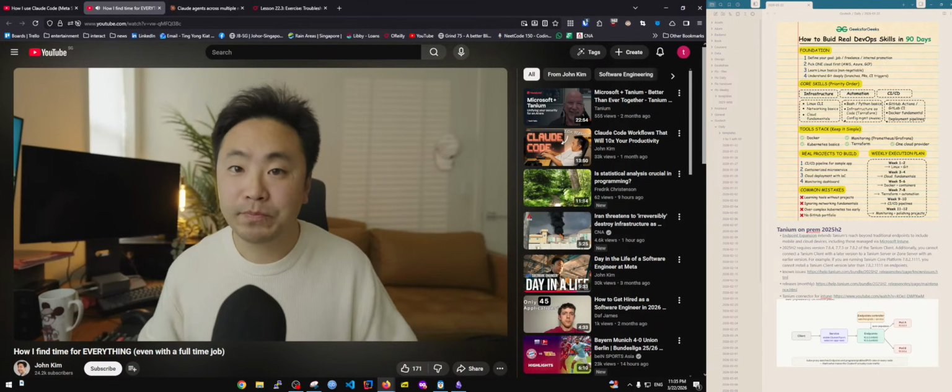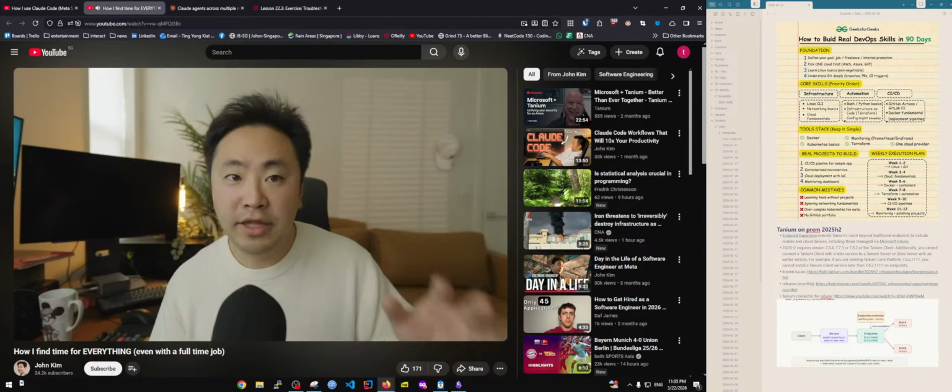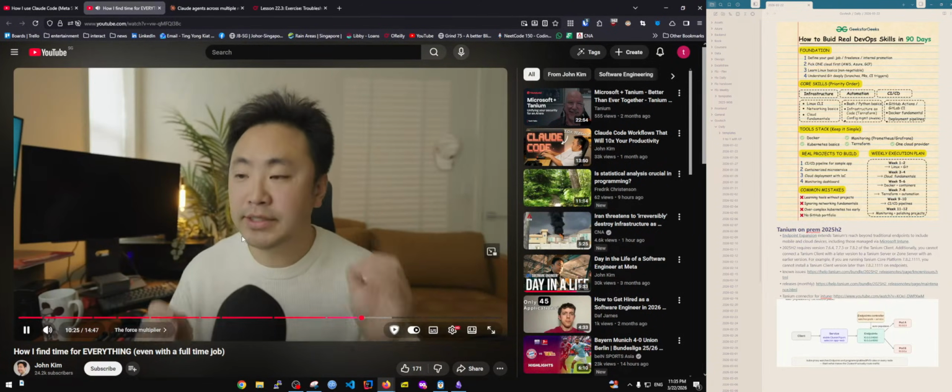Now, the next thing has to do with scaling, in my opinion. The thing about productivity for me, the things that I think have high